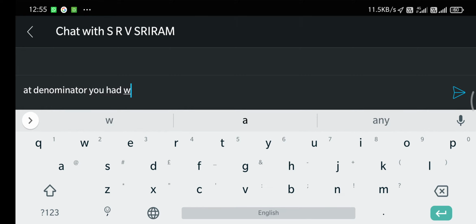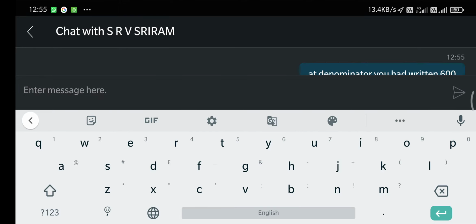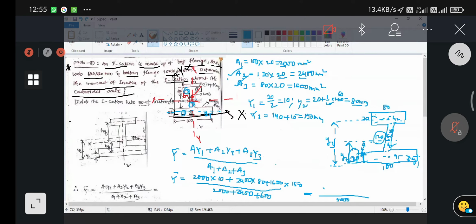Am I doing any mistake here while doing the calculations? So once again, you check it. Here, this is also 1600, no? So this is also 1600 in the areas. So 1600 plus 2400, how much? 2000, 3000, and 4000, and divided by 6000. This is your 6000, not 5000, it's 6000.